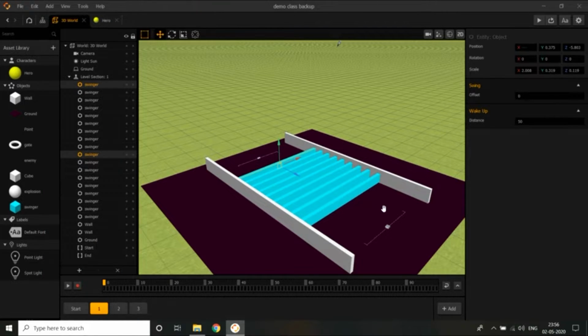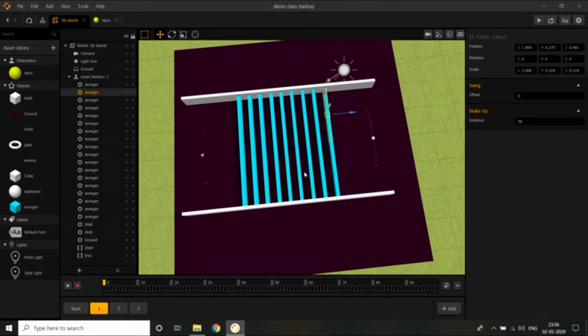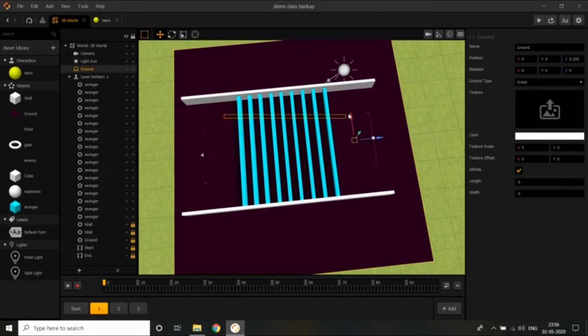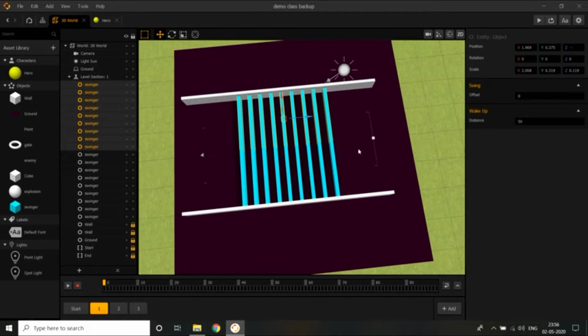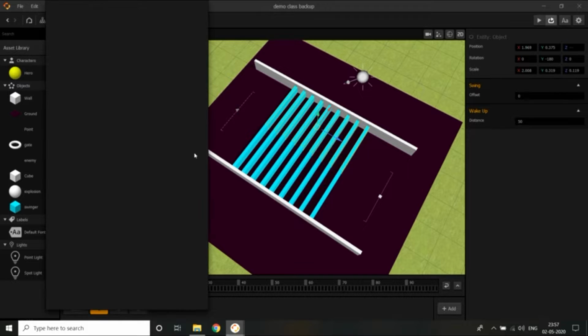So what we are going to do is select the right part of the whole level. But before doing that, just lock end and start and ground and these two walls, and after that just select these swingers. In this, you have to set Y as minus 180 degrees. The rotation of Y should be minus 180 degrees for this right part only, not the left one. And when you play this again,